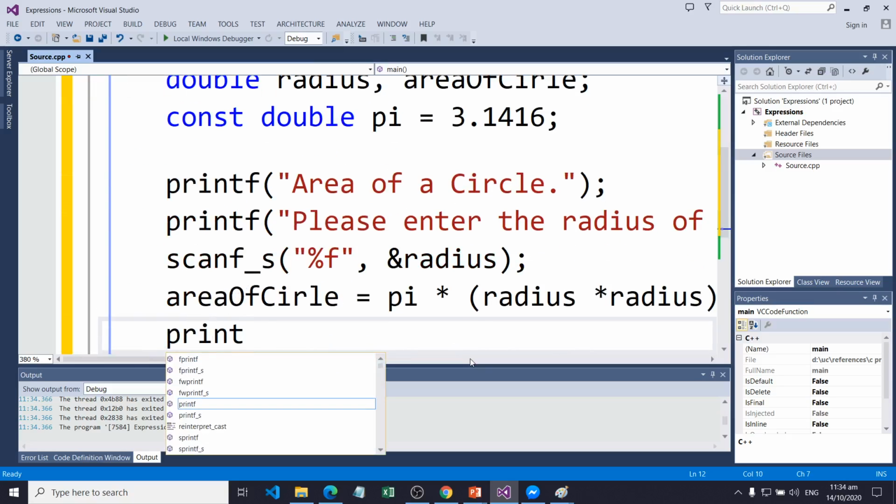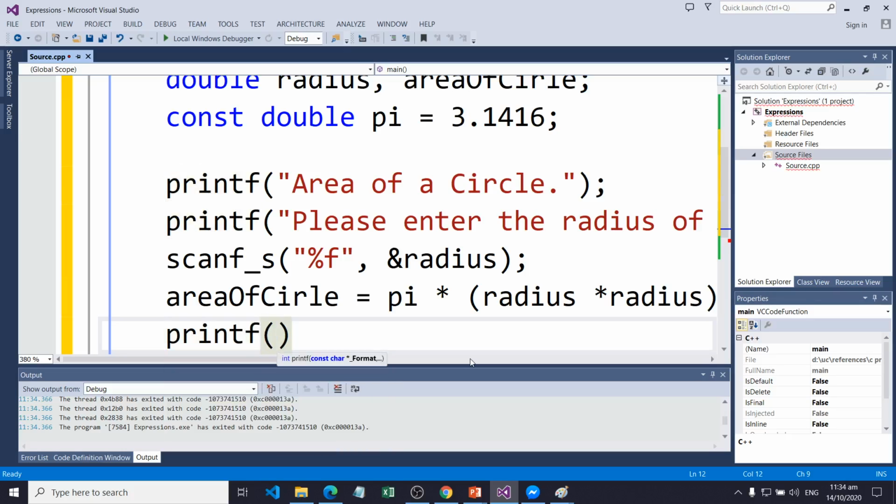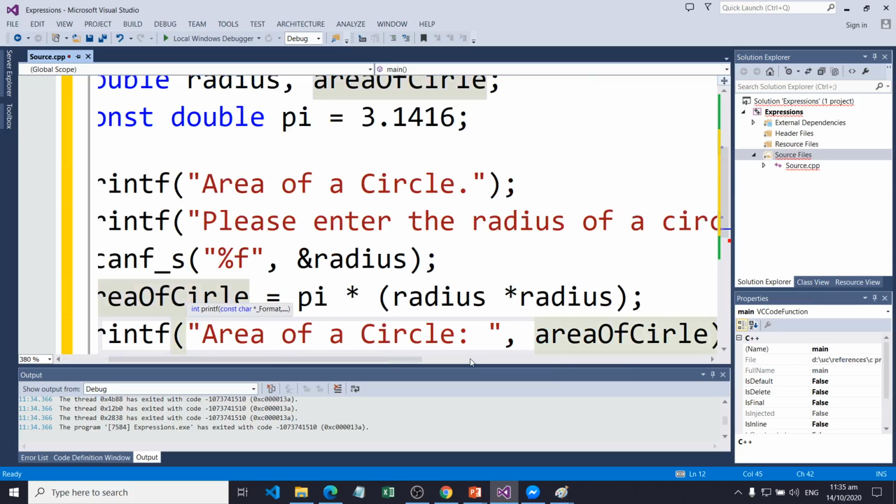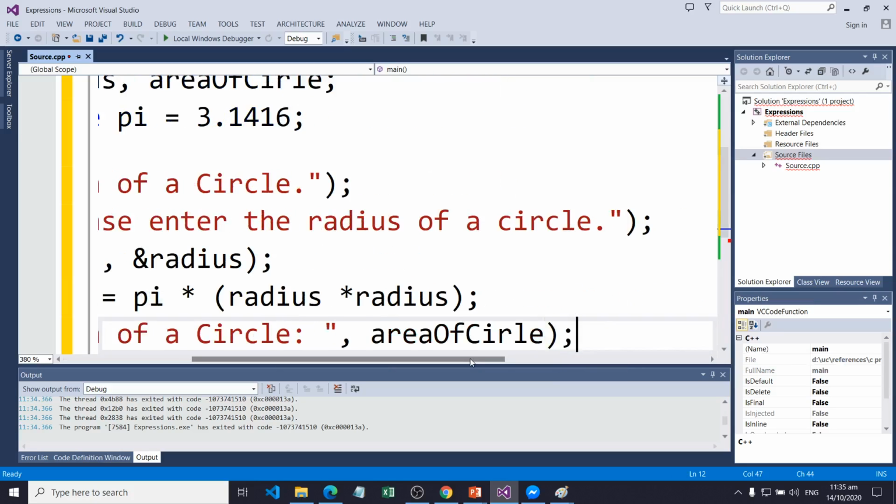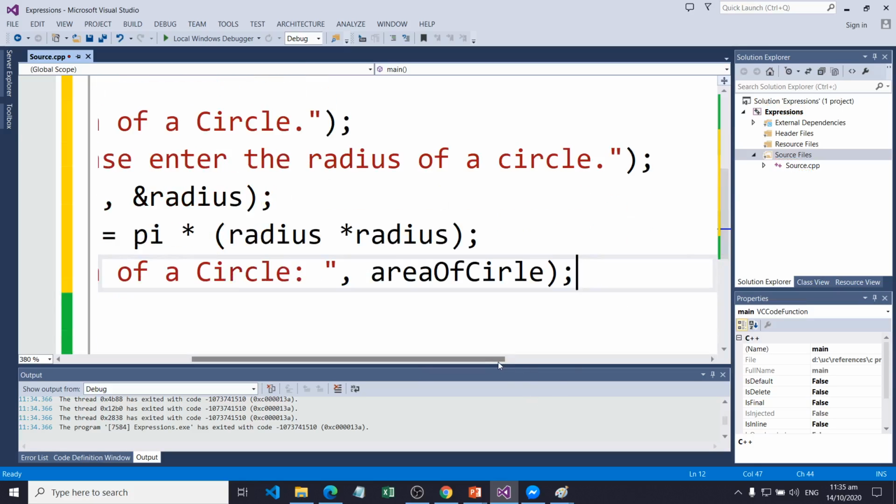And the area will be printed here. Area of a circle is here, will be area of circle.